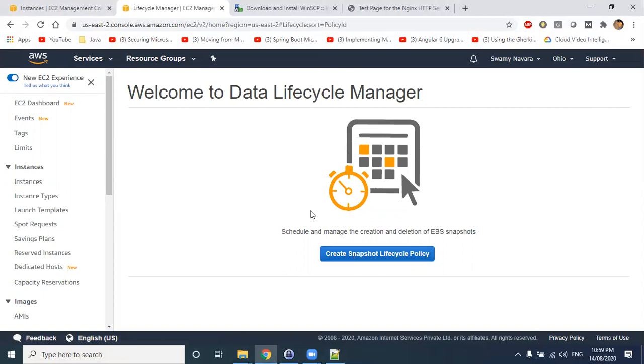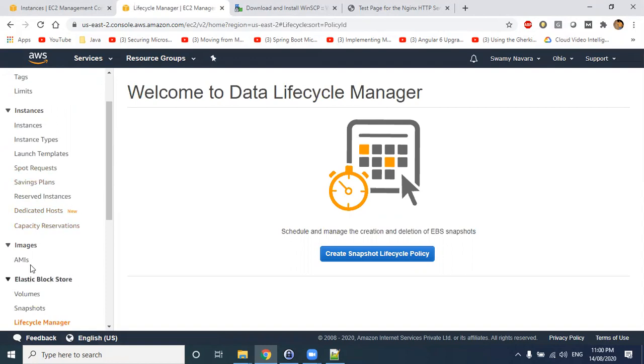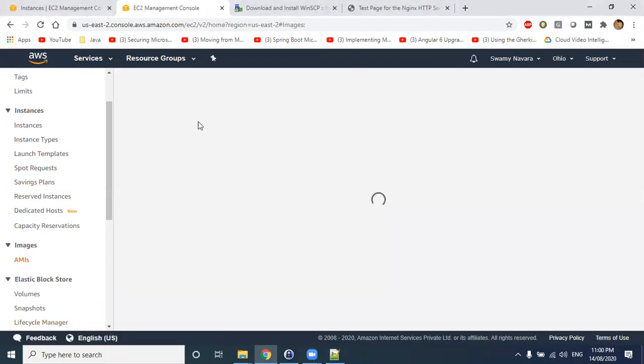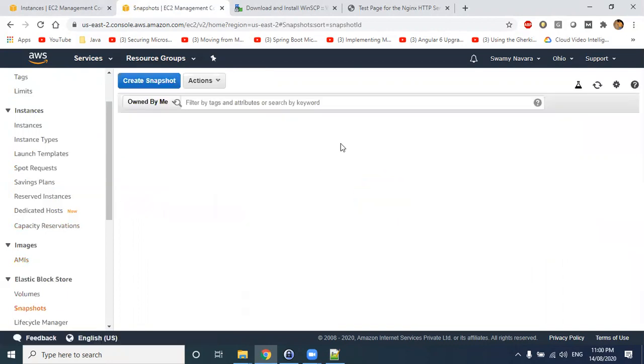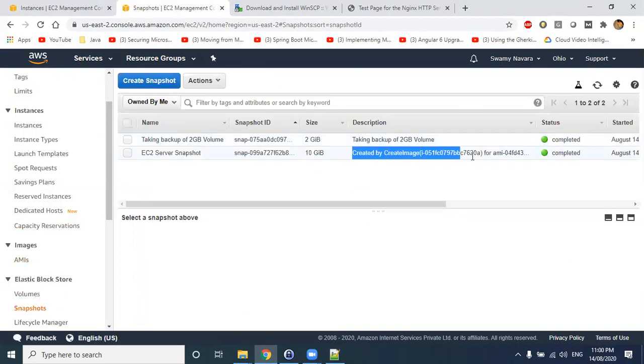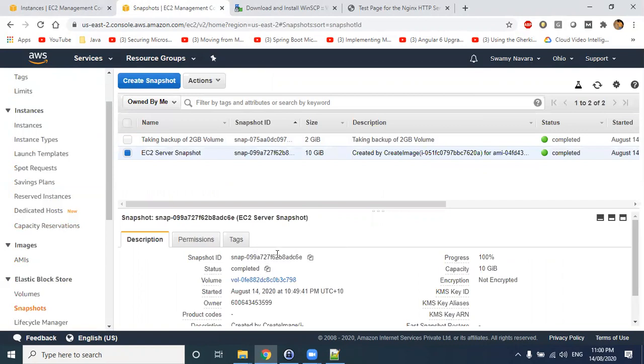So Harish, images are also stored in the S3 bucket? Which one, Ryan? Images also. Image is nothing but an AMI, right? So this AMI is nothing but a snapshot. When you create an image, an AMI will be created. If you come under AMI, you can see the option here. This is your AMI, and it is nothing but a snapshot. You can see that snapshot here, created by create image. These are the snapshot details. Whatever you take, either an instance backup or a volume backup, a snapshot will be created.